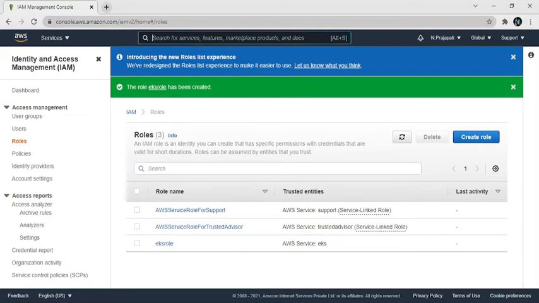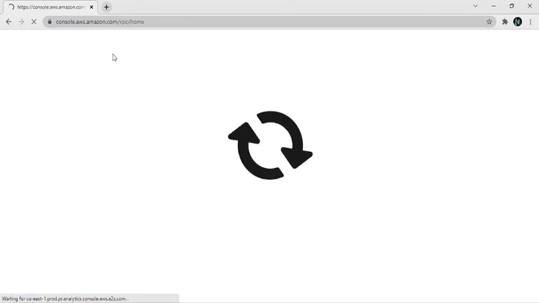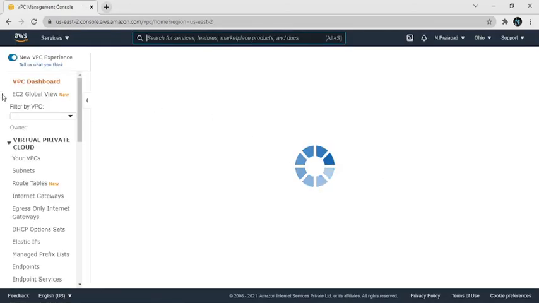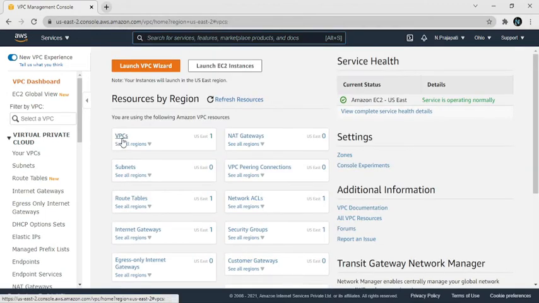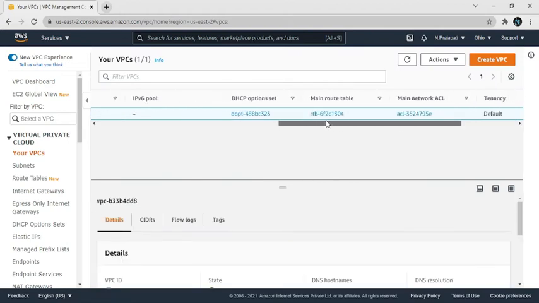So now create a VPC. First, search whether any VPC is available for the cluster. So go to VPC and check this. Here is the VPC page, click on VPC and check it. I have only one VPC, which is the default VPC.